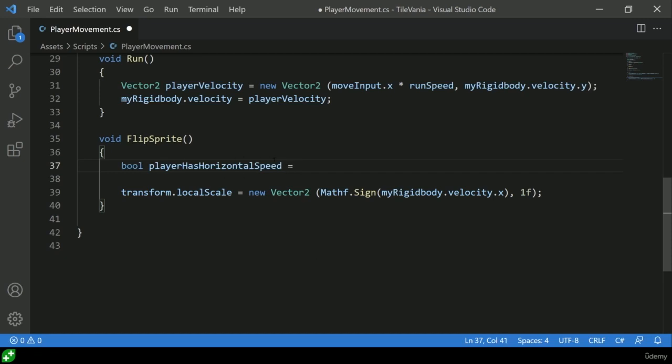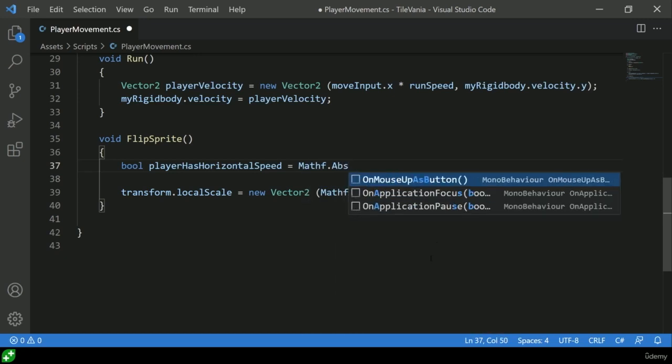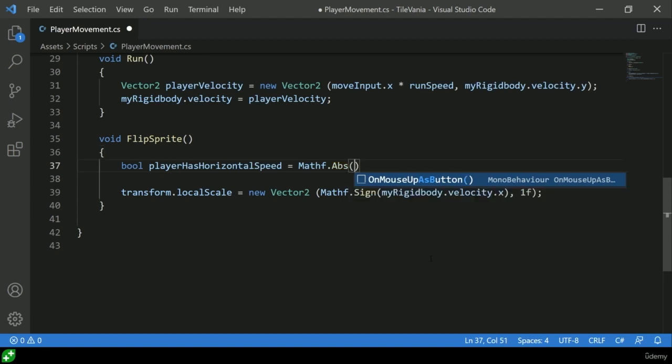Now, how do we find this? Well, we need to say, is your movement greater than nothing? But if we say movement greater than 0, if we're currently moving to the left, our movement is going to be negative, and that's going to give us a bit of a mistake because a negative movement is still movement. So we want to use our absolute value in here. So we want to use our mathf.absolute, our rock hard absolute in there,